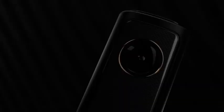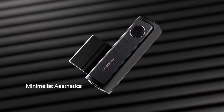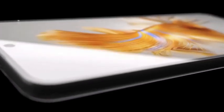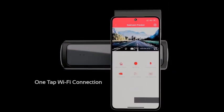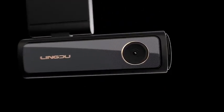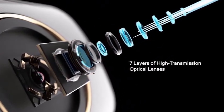Number 2. LINDU AM100 4K Dash Camera Dash GPS Camera Front Cam 150 FOV Car DVR 24H Parking Support Rear Interior Cam Wi-Fi and App Control. Introducing the LINDU AM100 4K Dash Cam, your ultimate road companion for unrivaled safety and convenience. With advanced driver assistance systems, ADAS, and a wide 150-degree field of view, it captures every detail of your journey